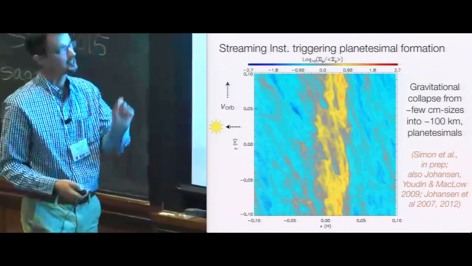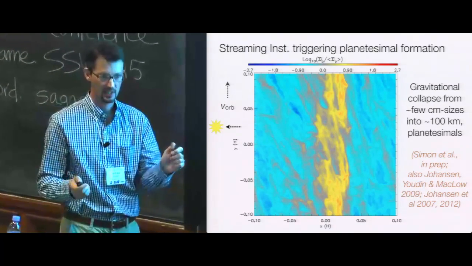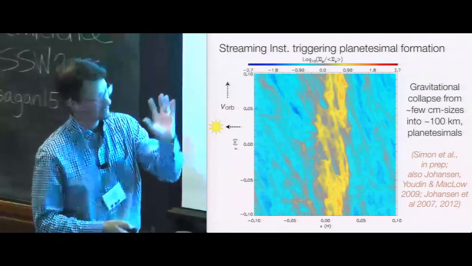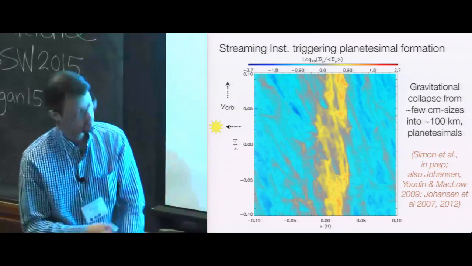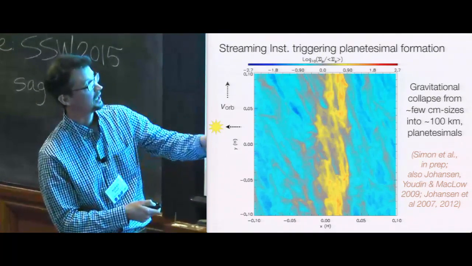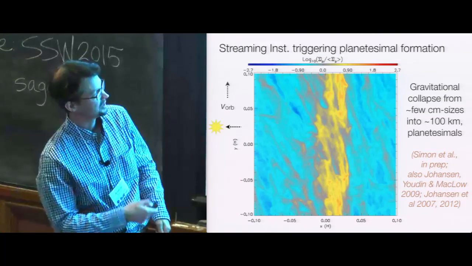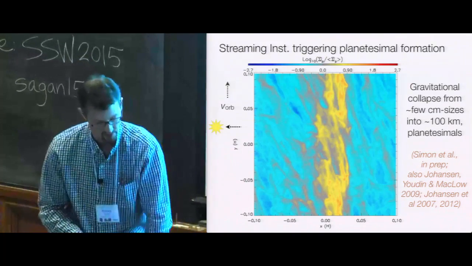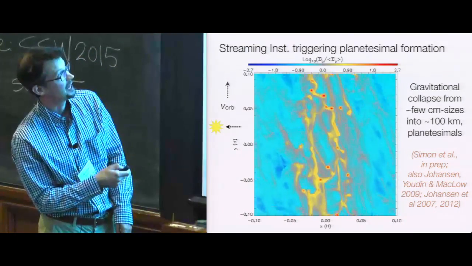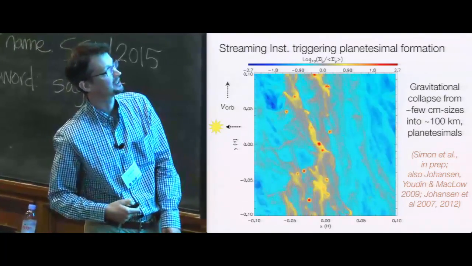So okay, but the whole point of this is that when you get to these very strong particle concentrations, which again can be well over 1,000 times the gas density, so strongly gravitationally unstable, you then collapse to form planetesimals. So with this movie, which is done by Jake Simon, with Athena now including the self-gravitational interaction of all these particles, we're starting with this ring that was created by these streaming instability effects. And once self-gravity turns on, this ring rapidly fragments into a population of gravitationally bound proto-planetesimals,